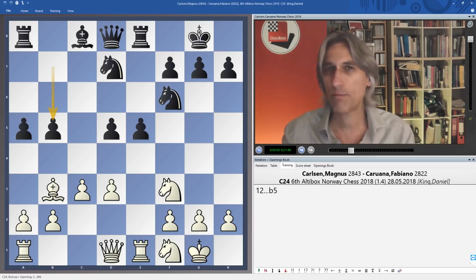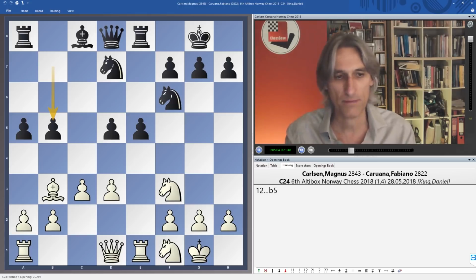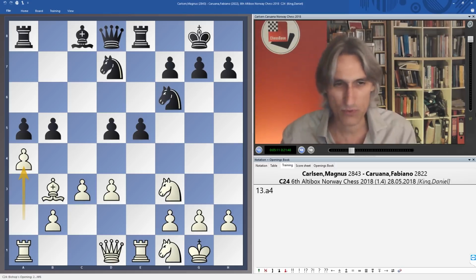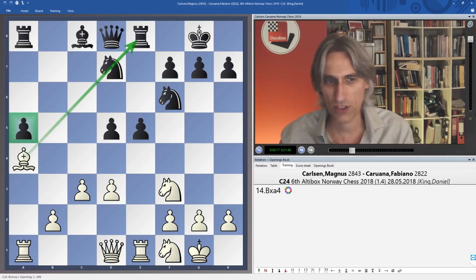Caruana lashed out with b5, and this gives white quite an interesting possibility to play a4, and so this breaks up black's pawns. I mean, black doesn't really want to play that isolated pawn here, and there's certainly more pressure on black's centre. So after a4,